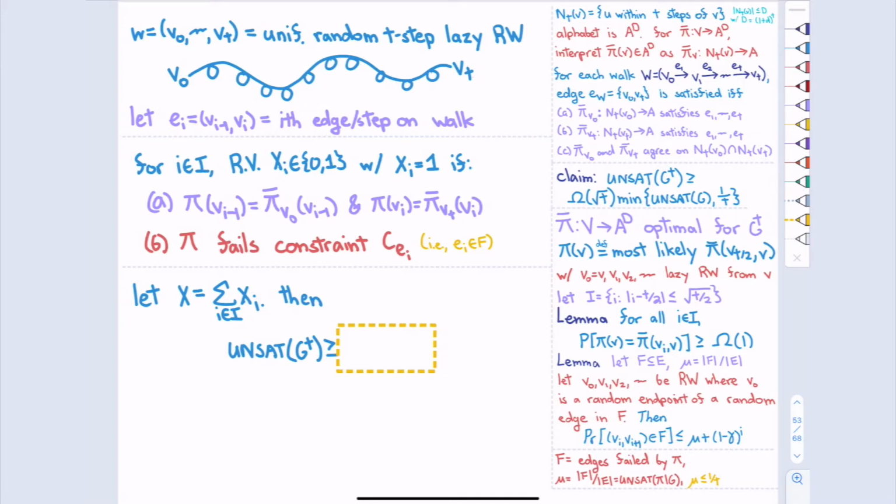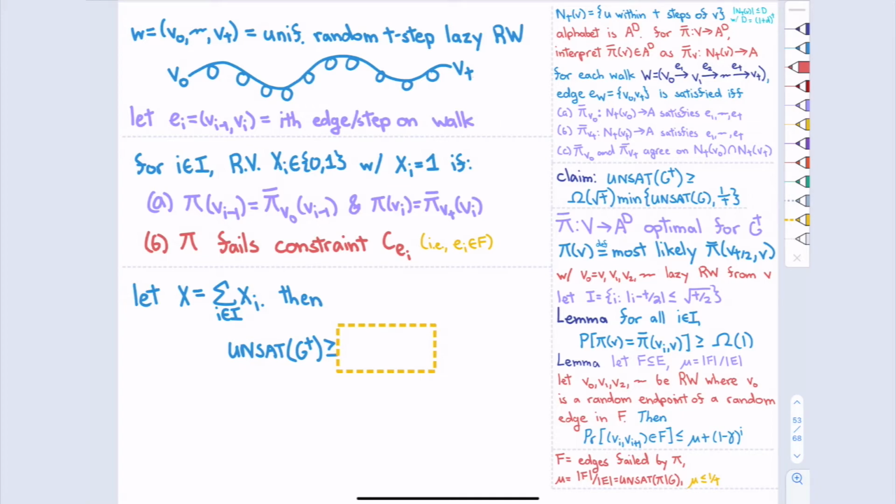Because we've got a lot going on in the right-hand side. Sorry? Okay, so let's say that some xi is equal to 1, say xt over 2 or something.